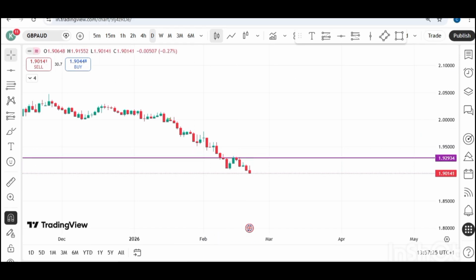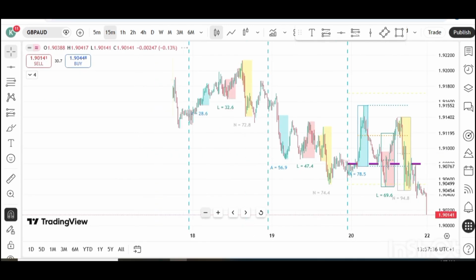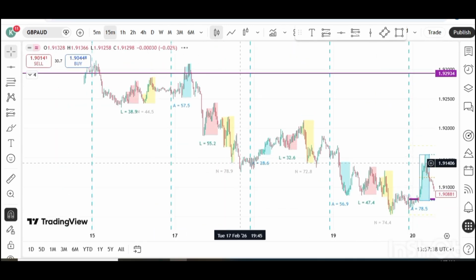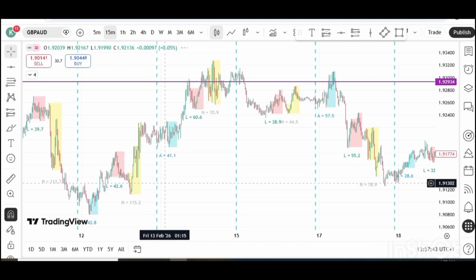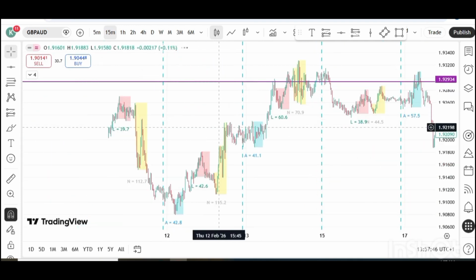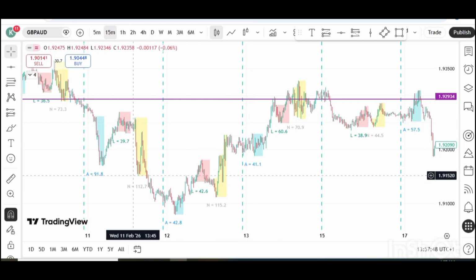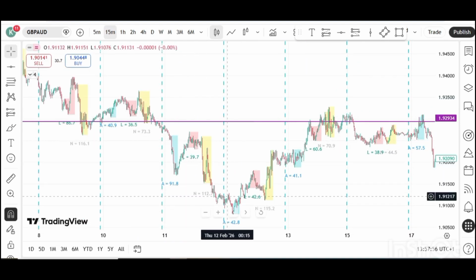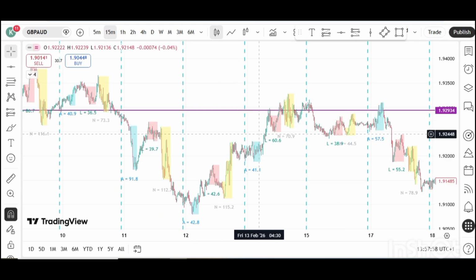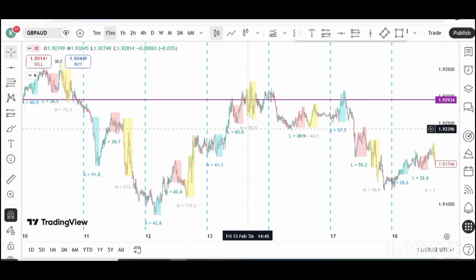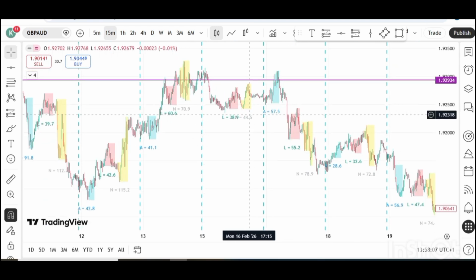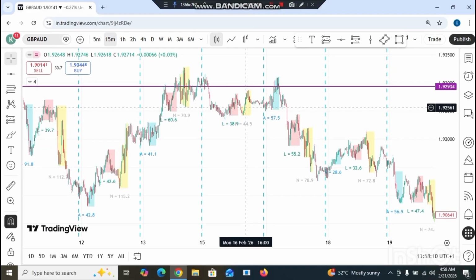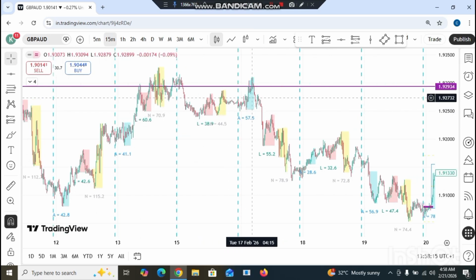So I went down to my 15 minutes. On my 15 minutes, we had the first trade day on Monday, after we had this uptrend that traded inside the range of the last down candle. So this was the high of the last down candle, and we had this uptrend on the inside. So we got a first red day here, and this actually confirmed that this trade was ready. Now I took this trade on Tuesday after this peak was formed